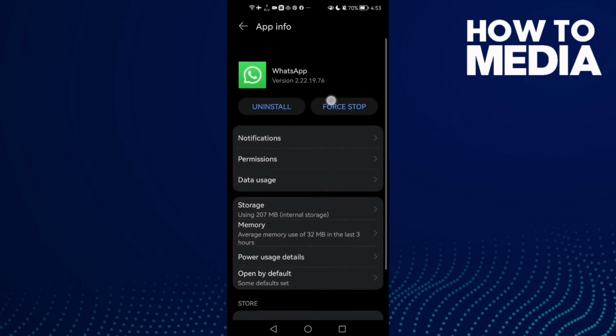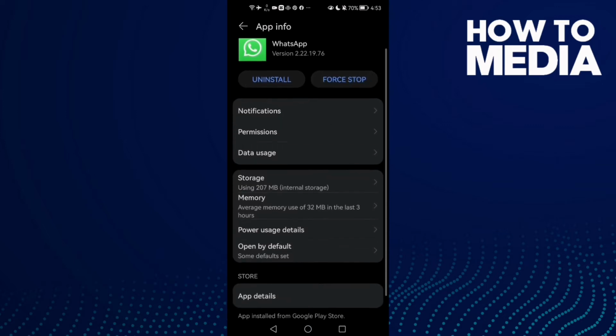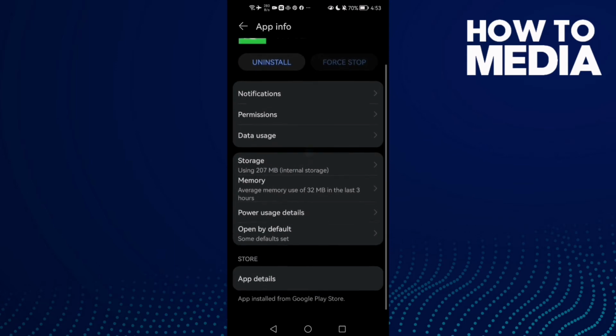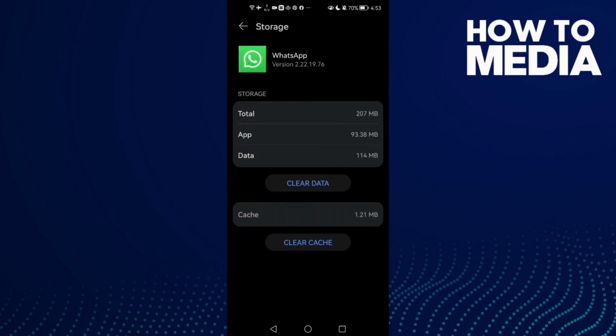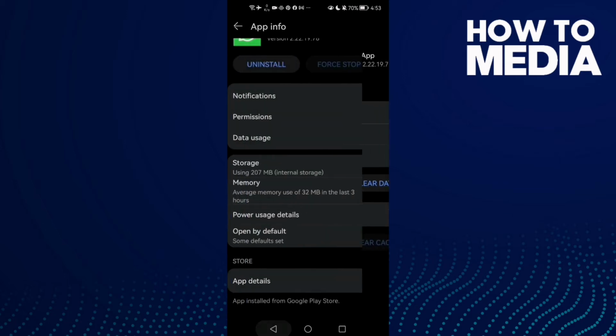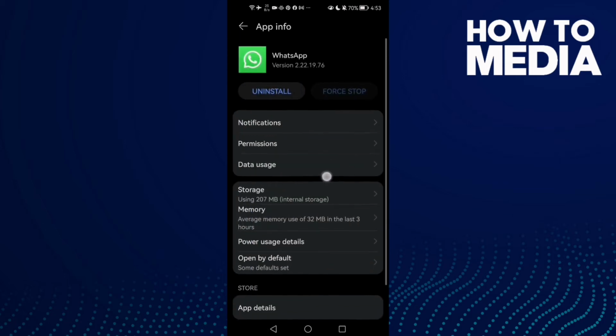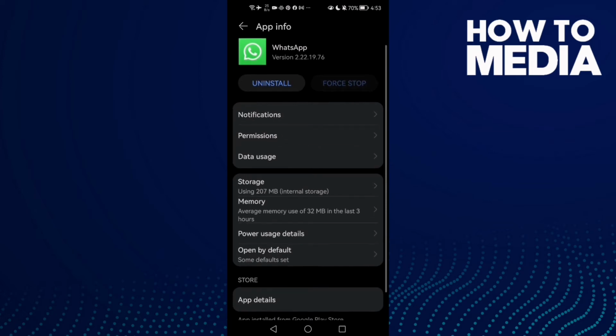Now first click here force stop, this one, click on it and force stop, and now go to storage. Then clear cache, and now cache has been cleared. Then just go to permissions